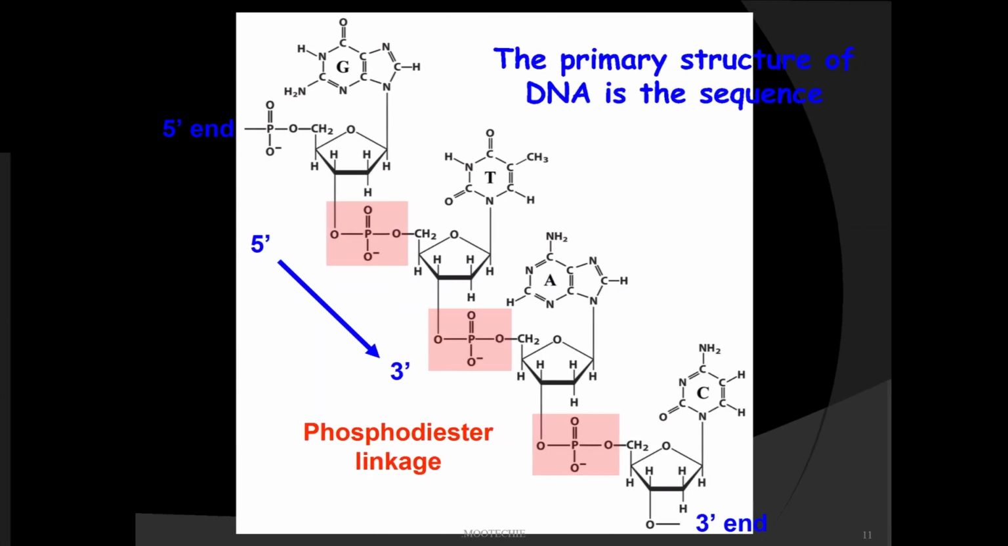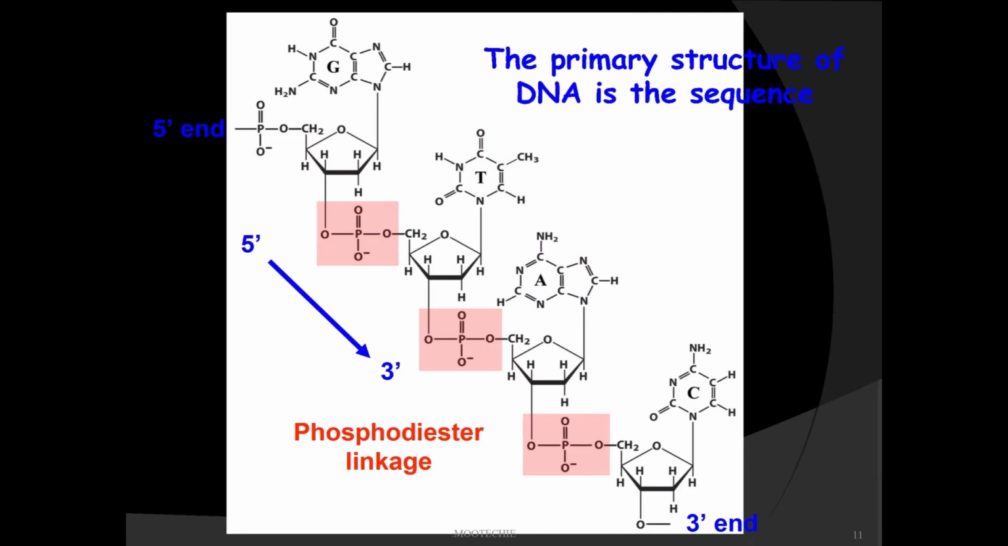Now, let's build these nucleotides into the magnificent structure of DNA. The primary structure of DNA is simply its sequence, the order of the bases. It has directionality. We have a 5' end and a 3' end. The nucleotides are linked together by phosphodiester linkages between the 5' phosphate of one nucleotide and the 3' hydroxyl group